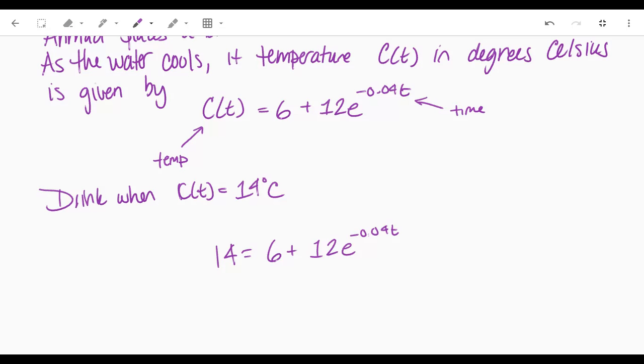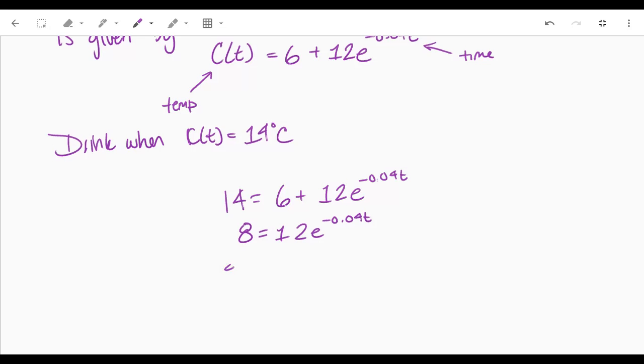And we are going to solve for t. So the first thing we want to do is get that 6 out of there. So subtract 6 from both sides. And then we'll divide by 12. Okay, and these you're going to be able to use a calculator for, I think. Okay, so now we want to take the natural log of both sides because our base is e. I'm just going to leave that as 8/12 since I'm going to put it in a calculator anyways. Might as well not make a mistake reducing a fraction, right,